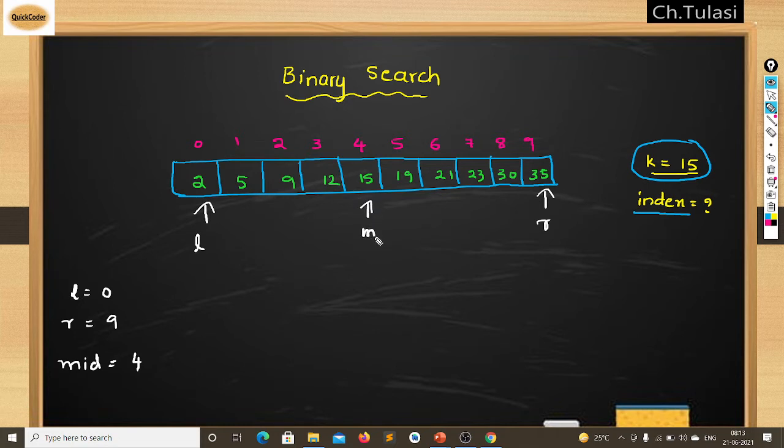Now my mid is here. I will check the fourth element. By God's grace, we found 15 directly. Then we can simply return this mid value. As mid is pointing to the element 15, return mid. We found the index. Now let's take my k value as something like